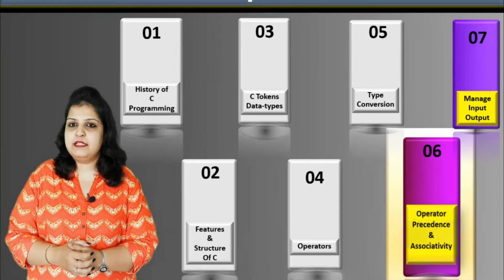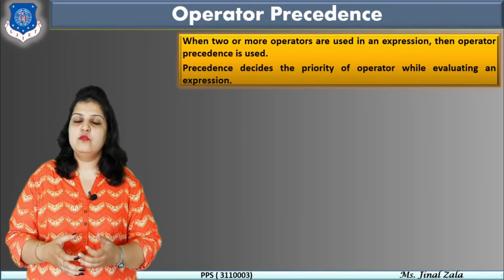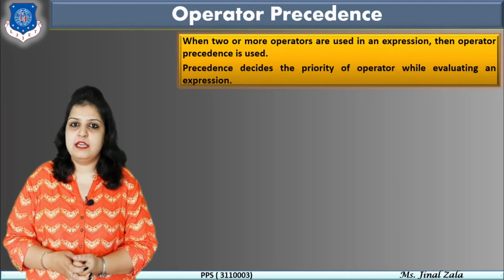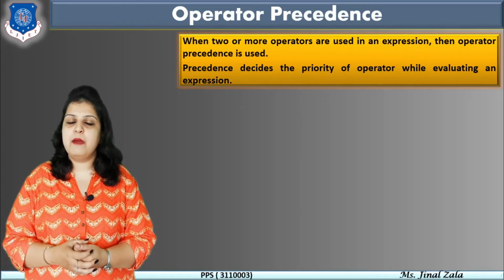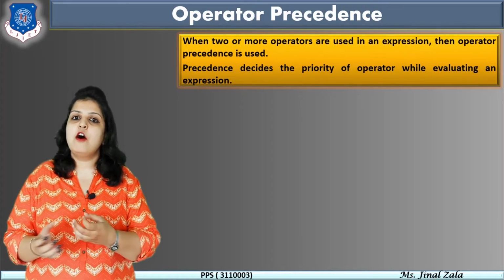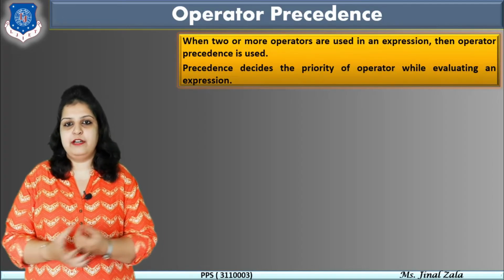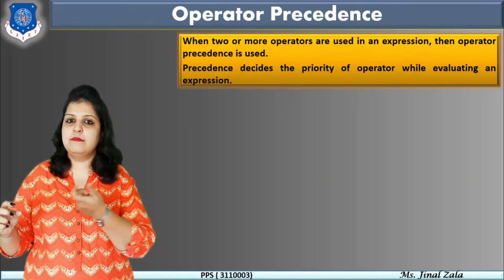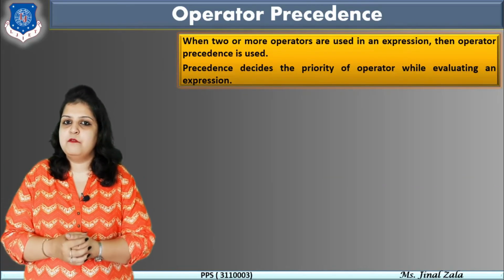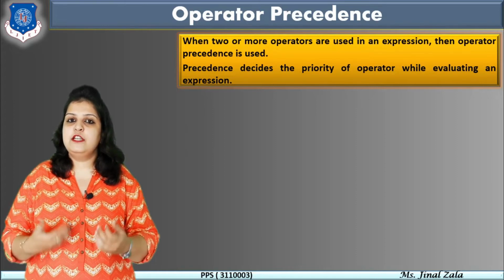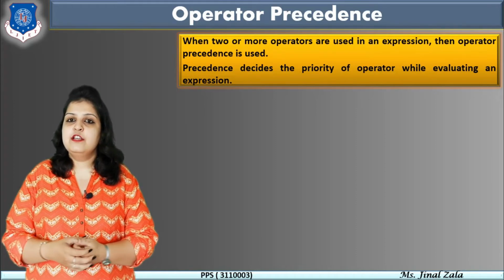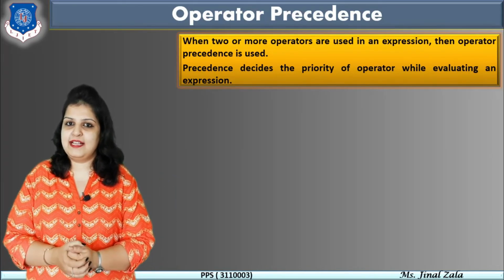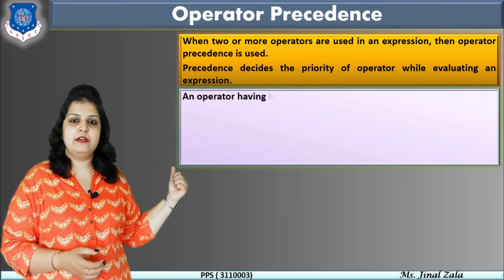What is operator precedence? When we have two or more operators in a single expression, then operator precedence is used. How? We have to remember the priority, that all different operators have different priorities. Means in one expression we have plus, minus, multiplication, division, modulo, all types of operators available. Then which operator will be evaluated first? So just remember the priority first, then after that we can evaluate the expression. So see here the priority table.